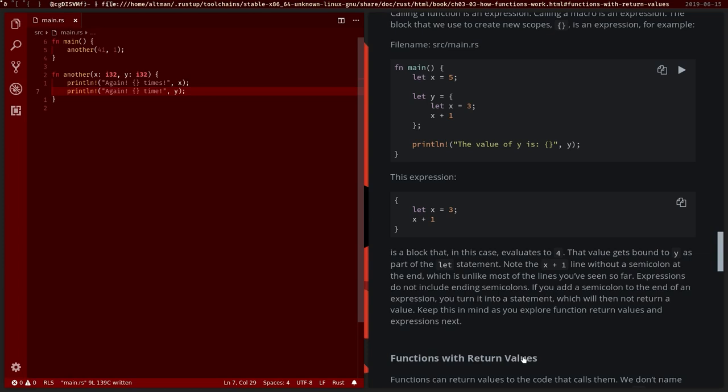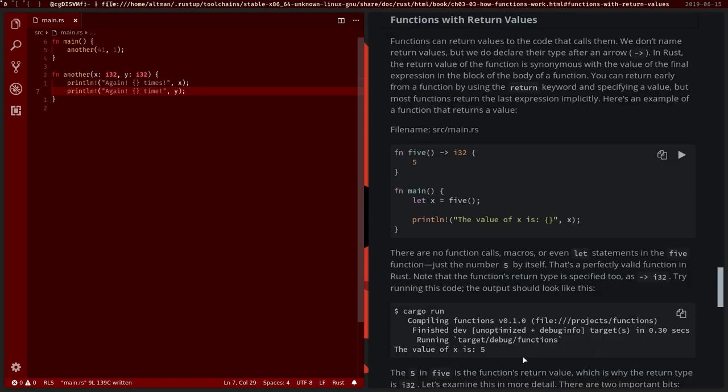Note the x plus 1 line without a semicolon at the end, which is unlike most of the lines you've seen so far. Expressions do not include ending semicolons. If you add a semicolon to the end of an expression, you turn it into a statement, which will then not return a value. Keep this in mind as you explore